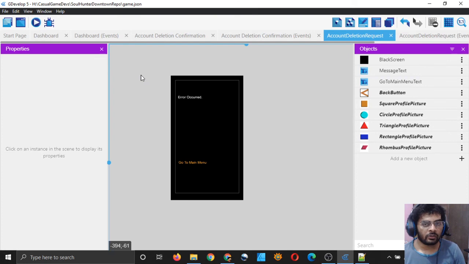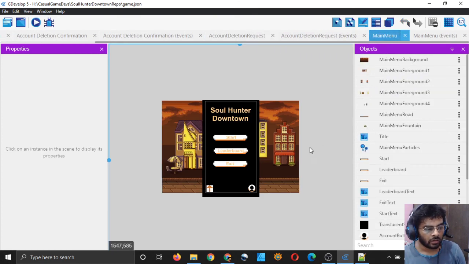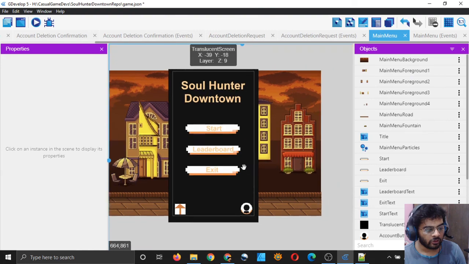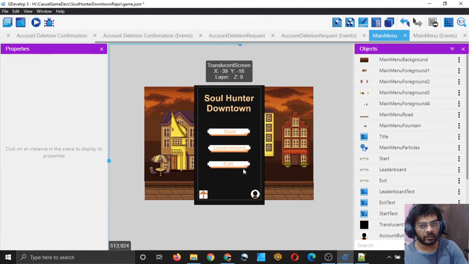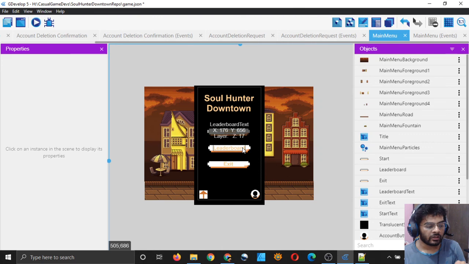In the next video we will see finally how to create the leaderboard. We already have the leaderboard, it is being sent to us from the server, but how to display it to the user, how to send the request to the server to fetch the leaderboard and then display it, iterate through the array which we will receive and display it to the user. So all that we will see in the next video.